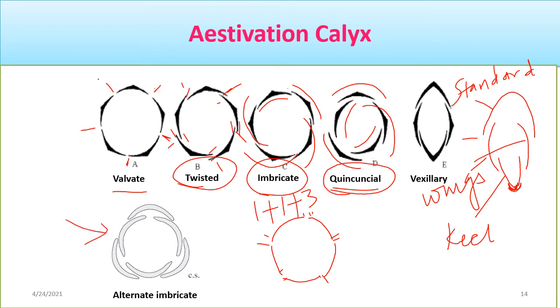Very interesting, this type of estivation you will see generally in the perianth in members of the family Amaryllidaceae, where one whorl has three tepals and the outer whorl again has three tepals, and if you look, this is in, this is out, this is in, this is out, this is in, this is out. So this type of estivation is called alternate imbricate estivation, which is found in the family Amaryllidaceae.